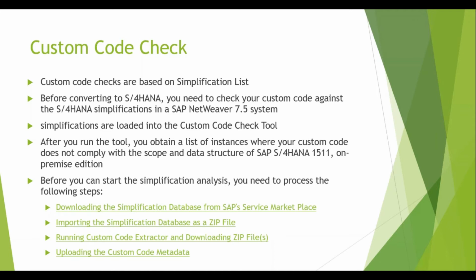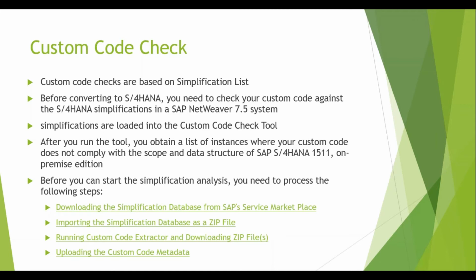Gaurav, question. This is Vijay again. This maintenance planner and custom code checker, can we run it only in the one-step process, or can we use it in the two-step process too? Like in the earlier example, the client is on 4.7. Can we run this maintenance planner and custom code checker on 4.7 and see the deltas, what is missing, what they're losing, or does it need to be on ECC only? There is no point, because as I told you,